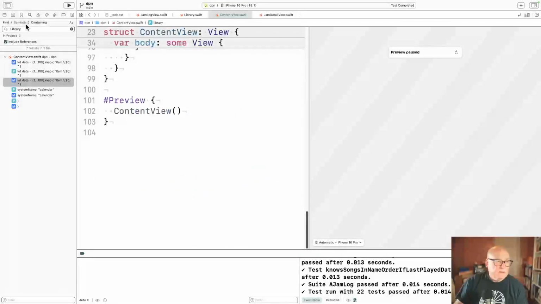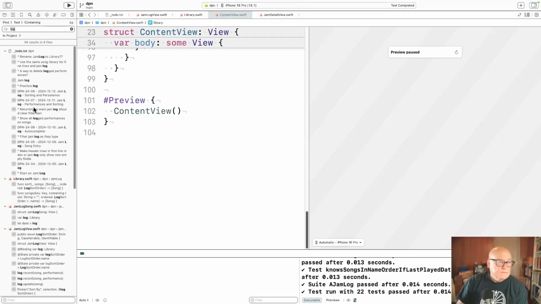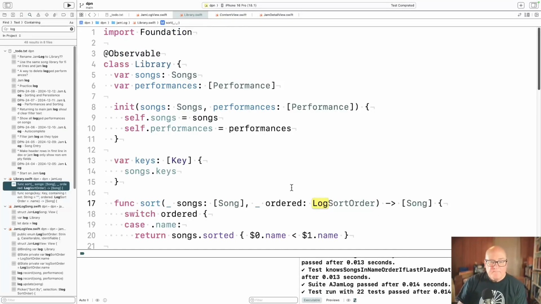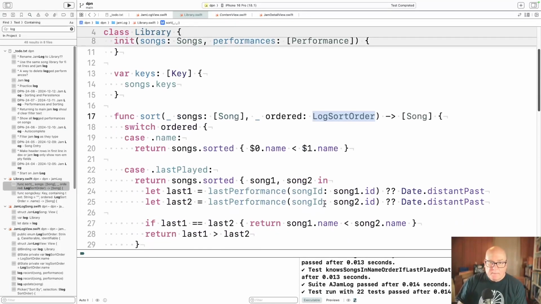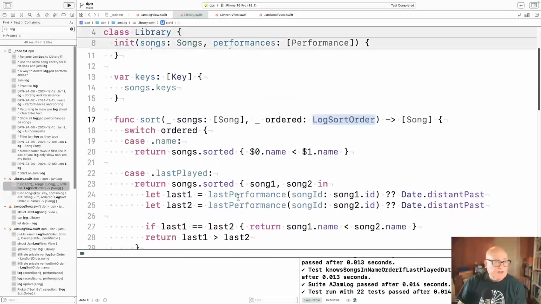And then I'm going to look for anybody who says log. And let's just look for text. These sort orders may need to unify.